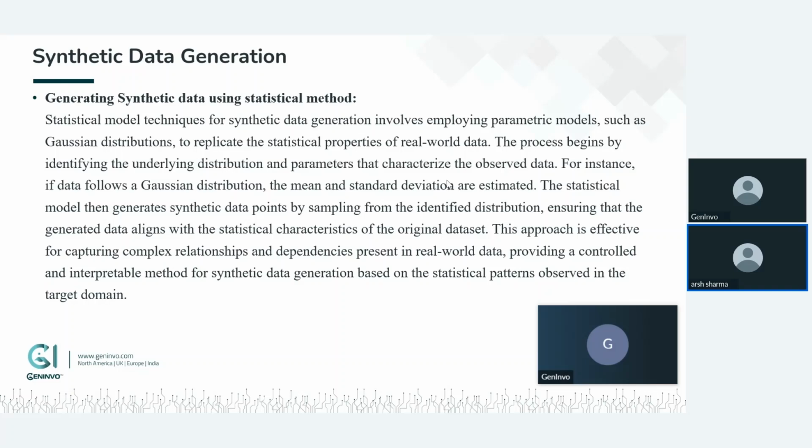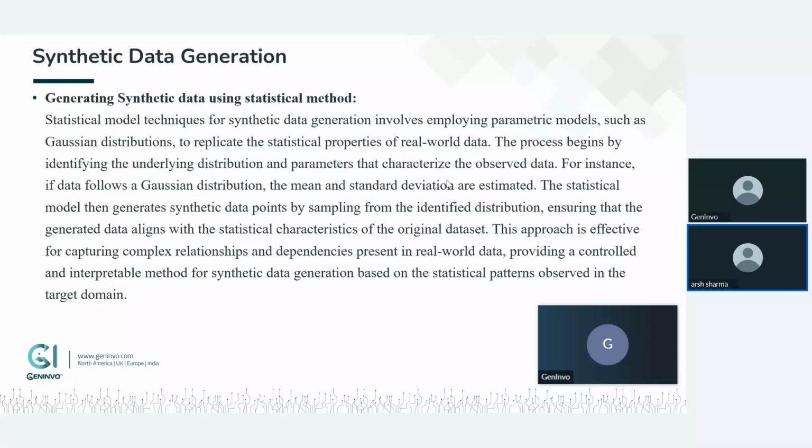It is represented by a bell curve where there is symmetry. To replicate the statistical properties of real-world data, the process begins by identifying the underlying distribution and parameters that characterize the observed data. For example, if data follows a Gaussian or normal distribution, the mean and standard